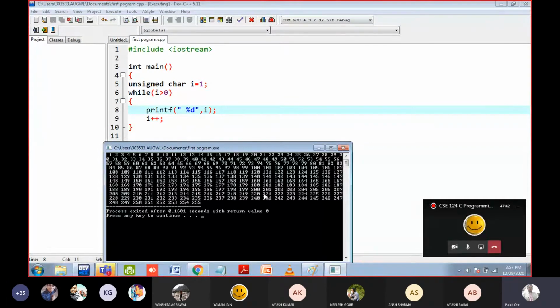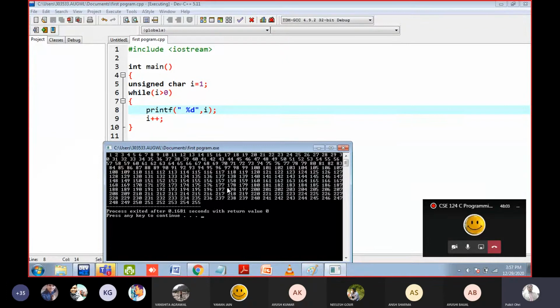Because the range is only from 0 to 255, only 8 bits it can store. So then again it will go to 0. So when the value of I becomes 0 after 255, in the line number 6, the condition will become false. The 0 is not greater than 0. Yes or no? Then the loop will stop. So limited number of times this loop will work. So option number C is the answer.